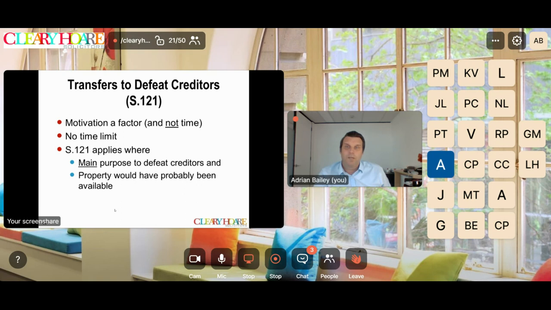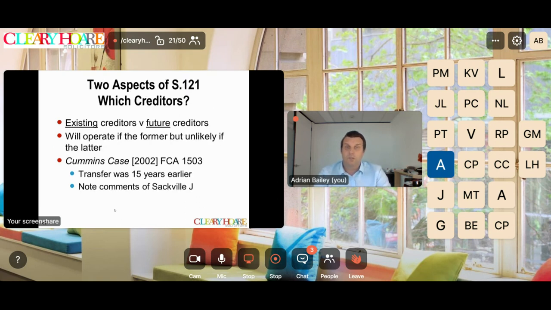Coming back to that main purpose, which we've discussed in Cummins' case, the case involving the barrister who hadn't lodged his tax returns in 45 years, we still need to have a look at our factual scenario. So clearly, it's going to apply to existing creditors, because it's very difficult to say that anything that we've done wouldn't impact on those existing creditors. But the scenario is different for future creditors or contingent creditors. In terms of Cummins' case, we've discussed that. That transfer was 15 years earlier. There is another case, Florence's case,